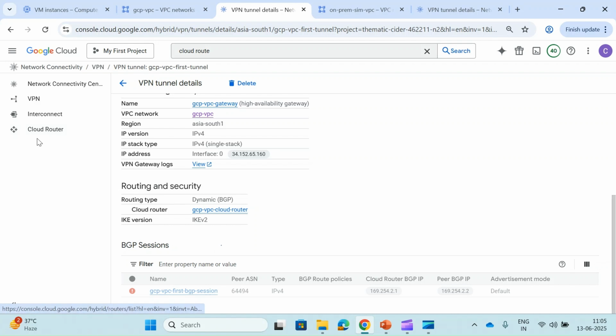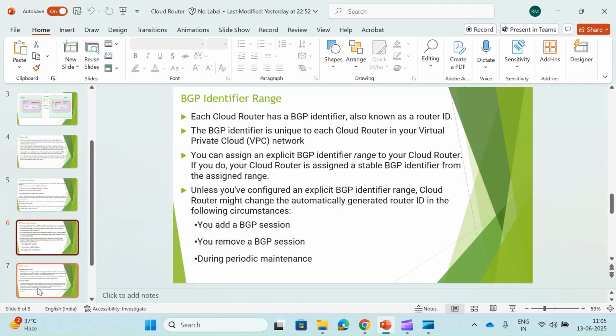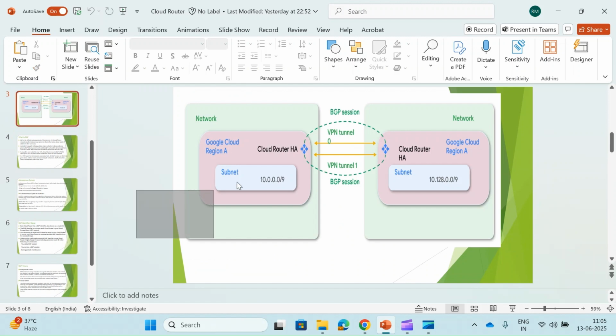So while you create a cloud router, I think you remember we have provided an ASN that will be the same thing which we have to provide while creating this. So the cloud router will be able to know which is this unique ID, and it will think okay, this is my neighbor, I know. That's why we can see now it is established. So as I have told you, hope you remember, autonomous system unique ID to assign to this autonomous system, and this is our private ASN. So each cloud router has its own ASN.